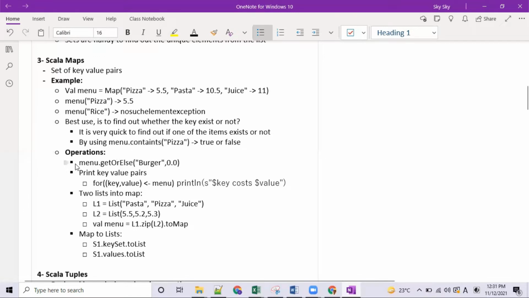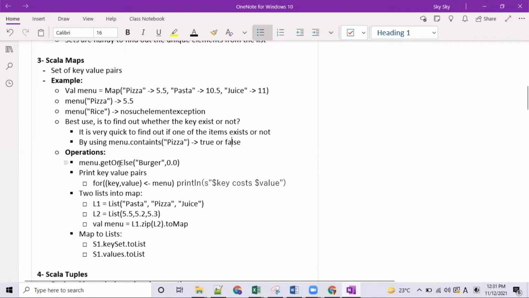There are other operations as well that we can perform over the map. Let's say this map is the menu. So menu dot getOrElse is something different. In this case, contains would return false if that particular key does not exist.